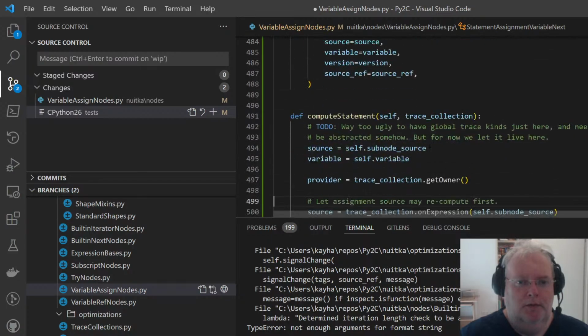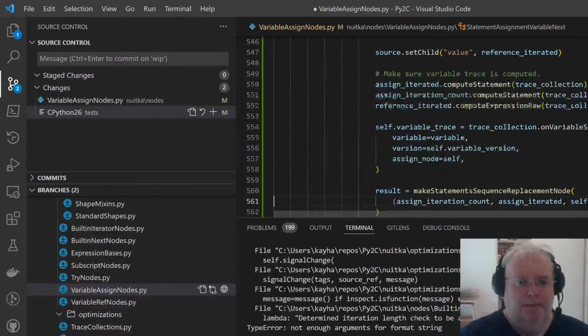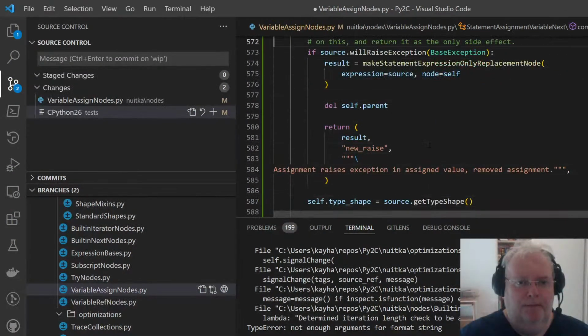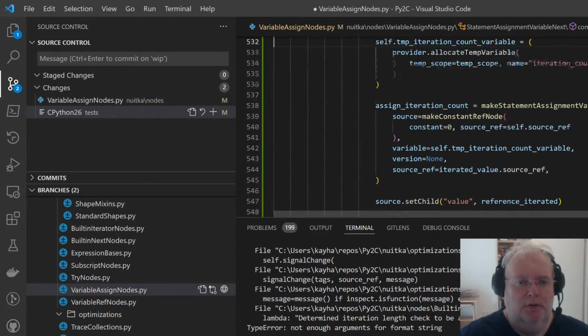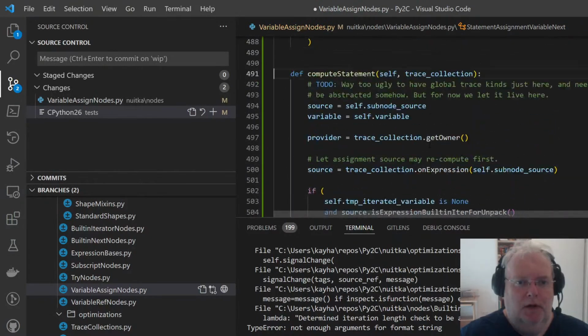And now we can compute the next and make the next check the parenthood, or yeah, maybe we don't do this.